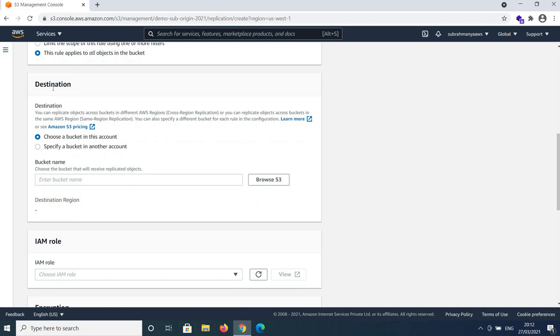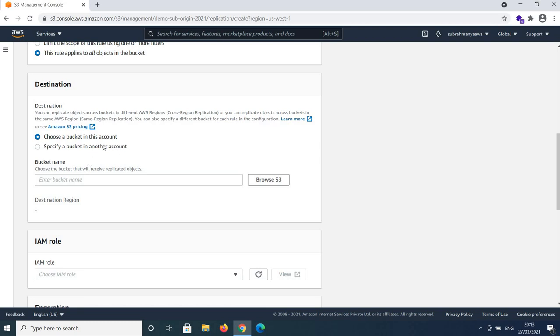and we have to select destination bucket. Here choose a bucket in this account or specify a bucket in another account. I will go with choose a bucket in this account. If your destination is in some other account, you can select second one.